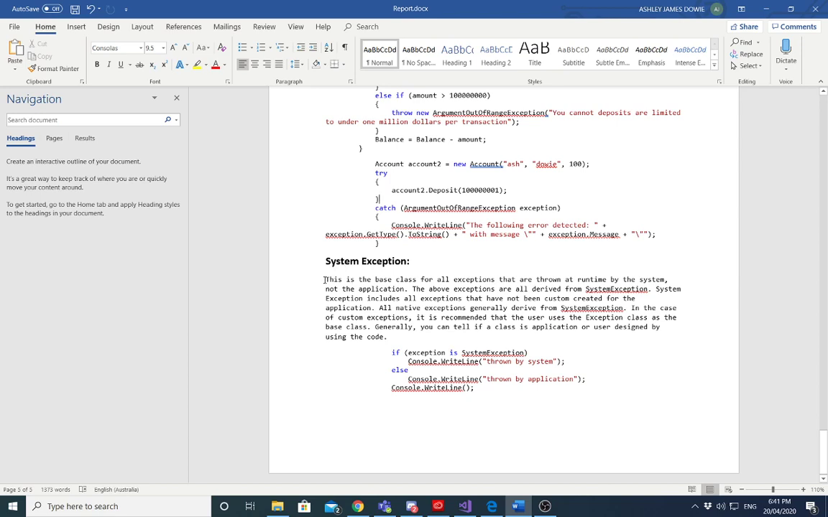Okay, so system exception. Basically, every exception derives from exception. That's the base class of all of them. System exception, as far as I understand, is a derived class of the exception class. So if something is thrown by the system, it will be derived from system exception. If it's custom created by the user, a custom created exception would generally be derived